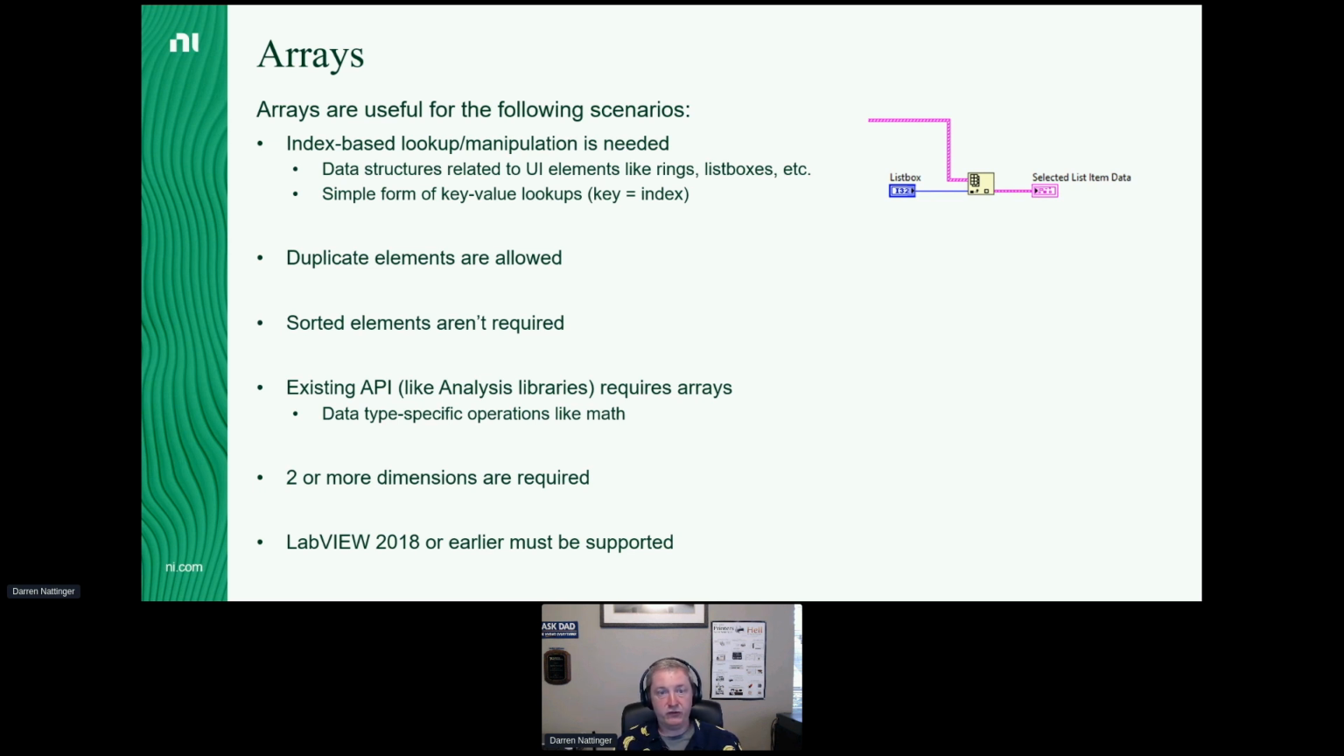You can have duplicates in an array. Maybe that's good, maybe that's bad. You don't have to keep the array sorted if you don't want to. In fact, I would venture to say most of the arrays that we work with are not sorted. There's a lot of APIs in LabVIEW that require arrays just because that's how they were written. Like all the VIs in the analysis libraries, those all use arrays. If you're calculating an FFT, you're passing in a 1D